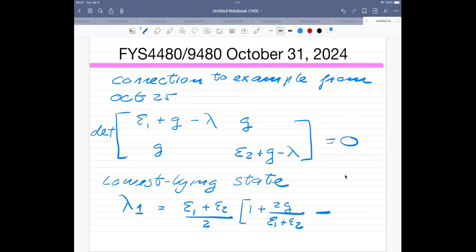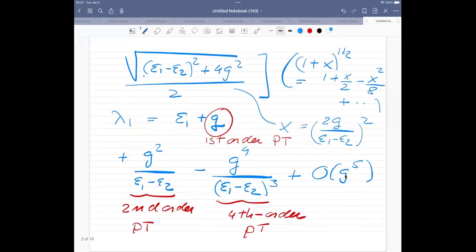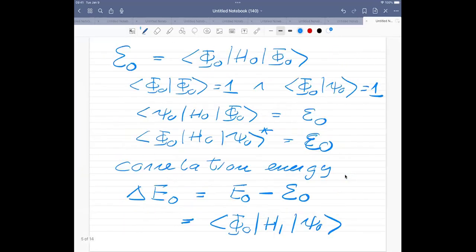Okay, so what we're going to do now is to link this simple example which we have here with the Brillouin-Wigner perturbation theory. So Brillouin-Wigner perturbation theory is nothing but an exact rewriting of the equation which you get here by requiring that the determinant is equal to 0, which means essentially that you're solving the equations for the characteristic polynomial. So, but let's go back to the manipulations which we did before the break